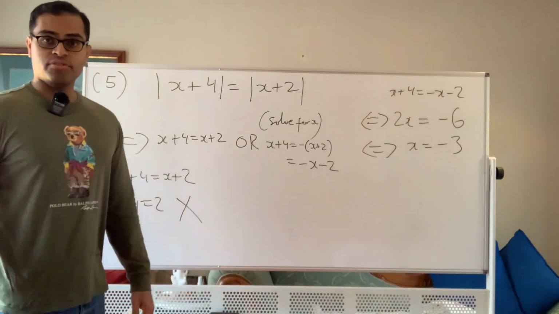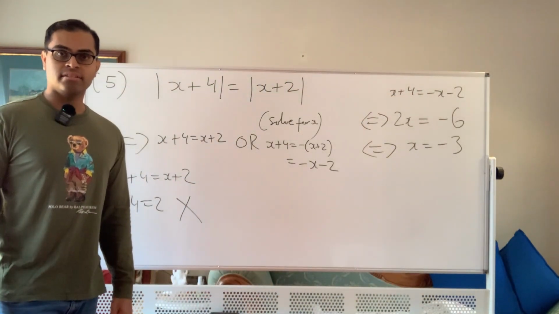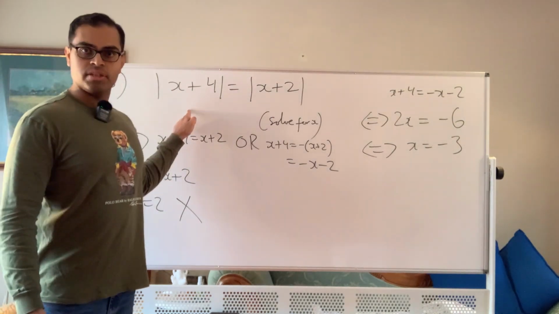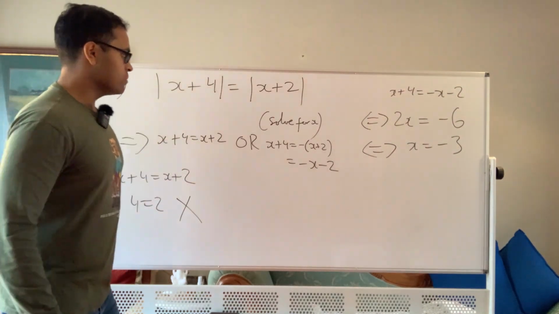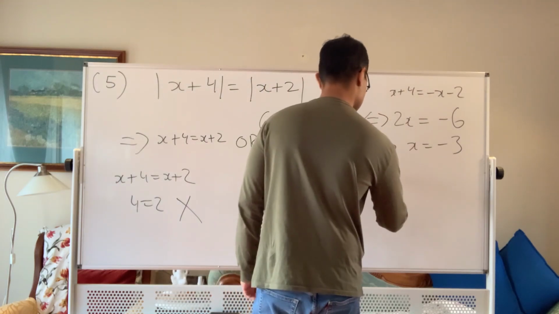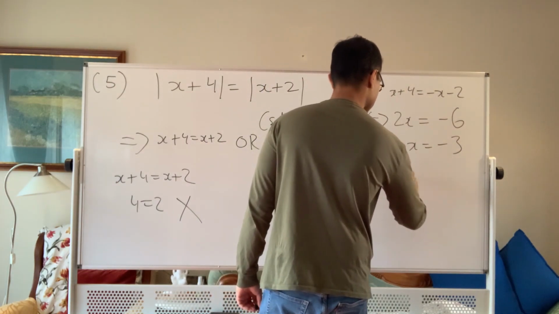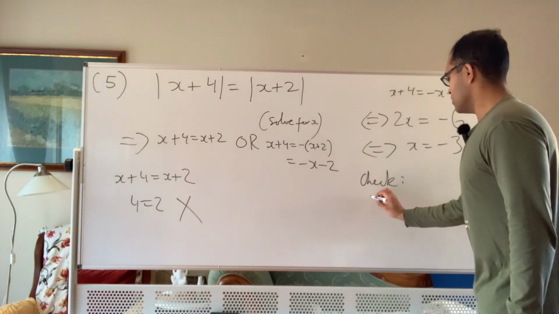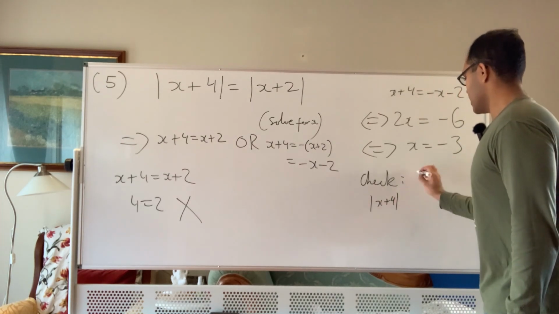Now we've got the negative 3. Let's actually check that this works. So plug in negative 3 to both sides of the original equation. So just as a check, this is a check: the absolute value of x plus 4, if x is negative 3,